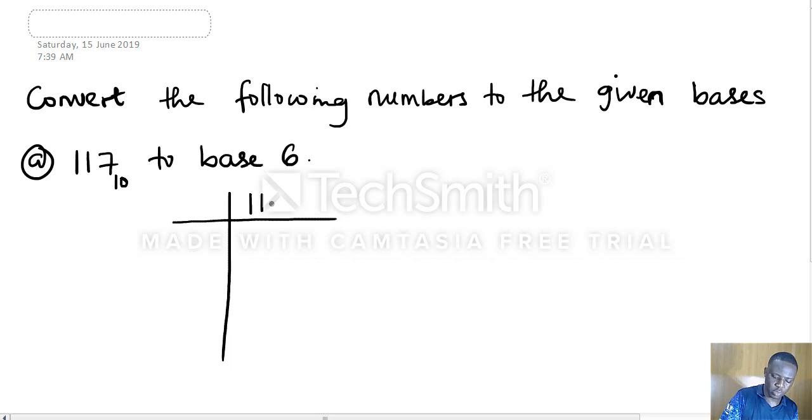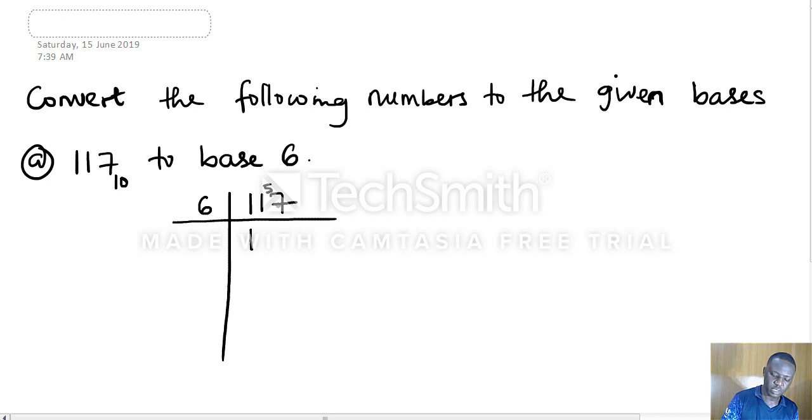So this is 117 divided by 6. 6 into 11 is 1, remainder 5. 6 into